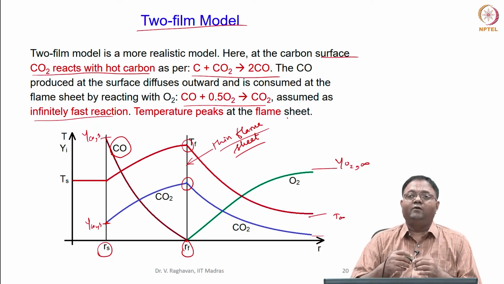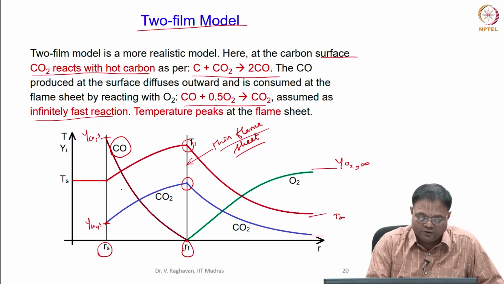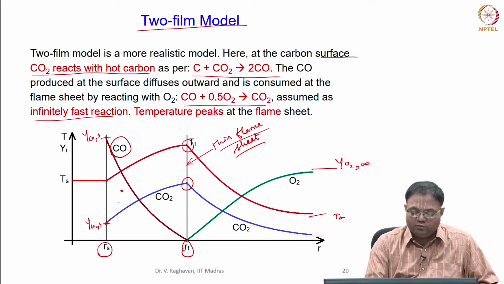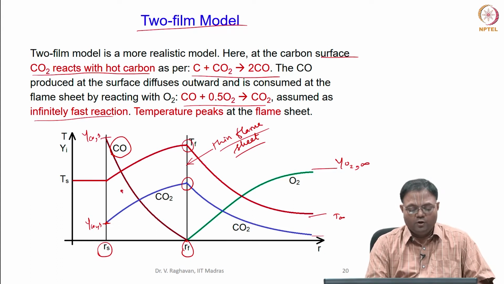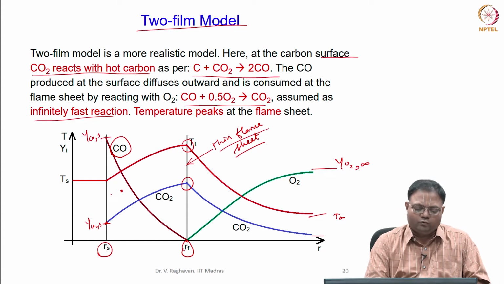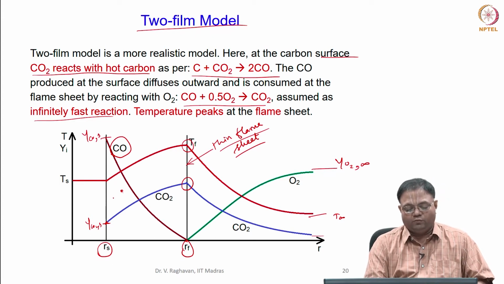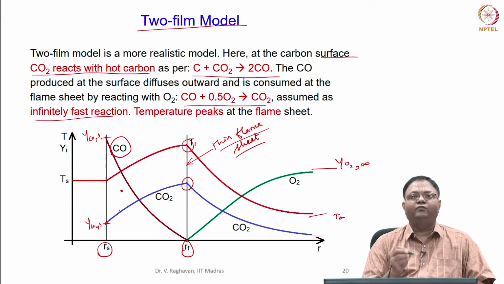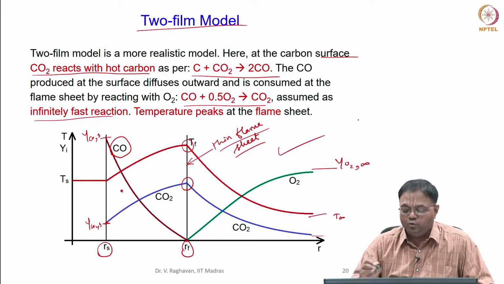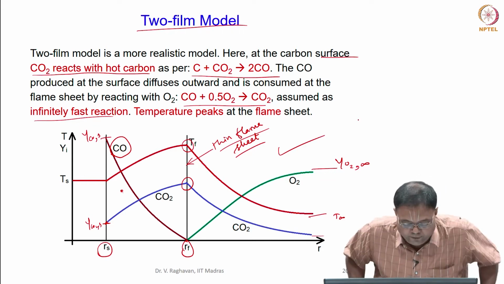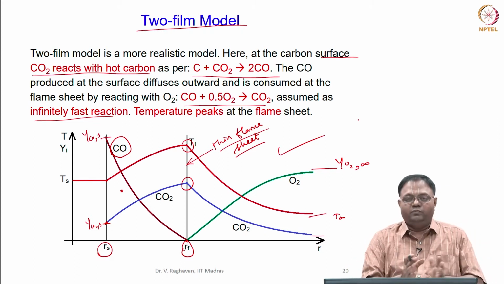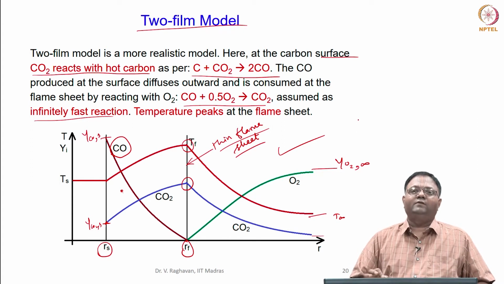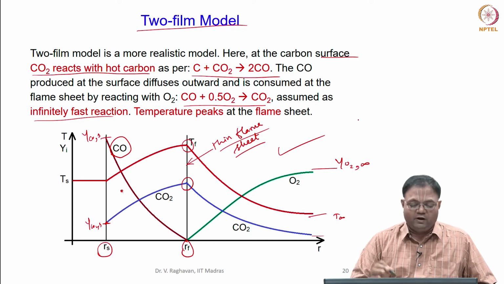Why has this model been developed? Because when you measure something near the surface, there was actually very little oxygen or no oxygen measured at all. So, that means that oxygen diffusion to the surface is not possible. That was one indication, and the CO2 was higher than CO. That is another indication that CO is predominantly formed at the surface. So, based upon that, this two film model was constituted, and again when you increase the complexity, your problem will also be more complex. We are not going to solve everything, but we will give the procedure to solve as well as the final equation.